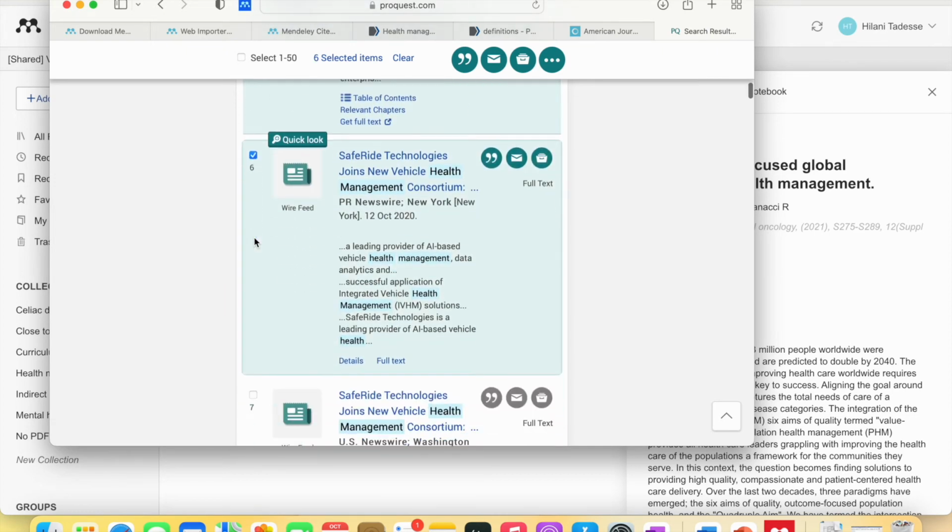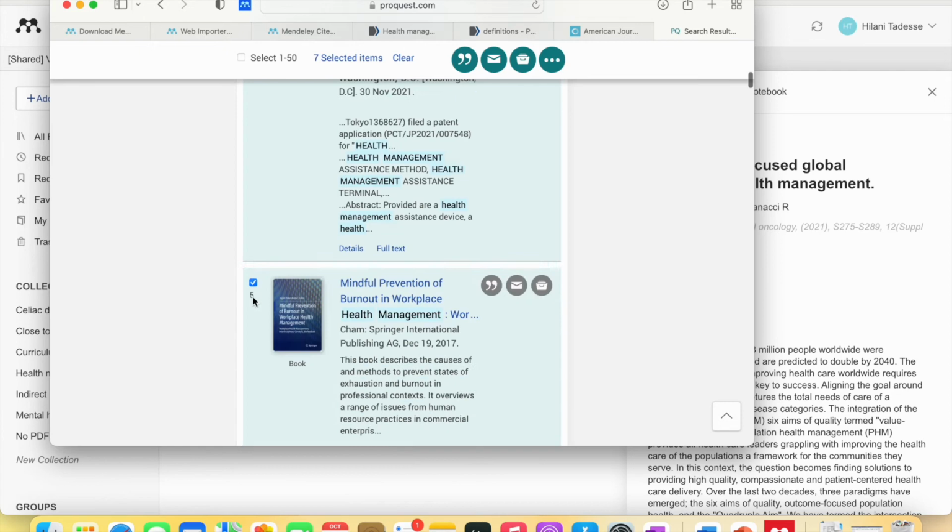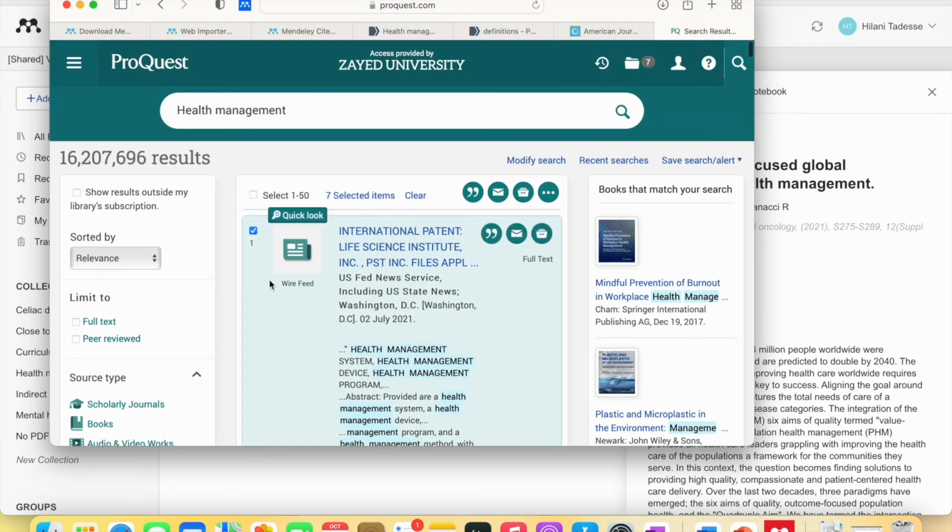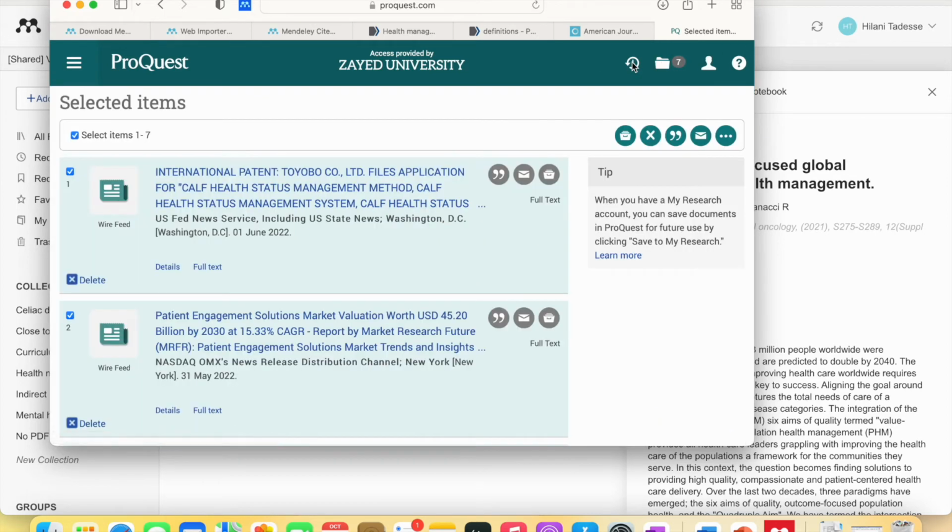Sometimes, in case the web importer doesn't detect your reference, you can select and then save. Seven of them are selected here. Selected items, go to selected items, and you can come to all save and export options,